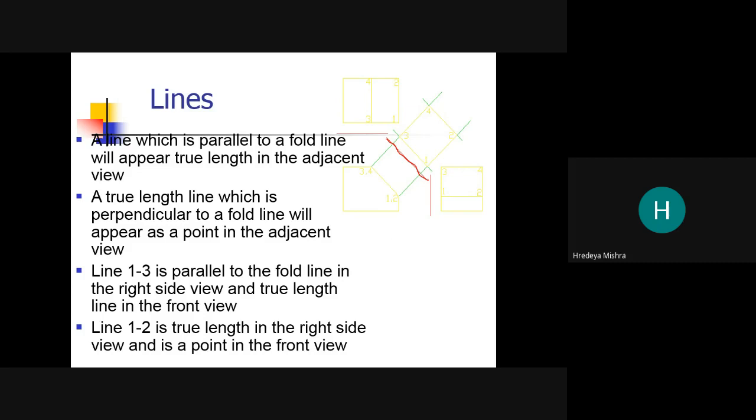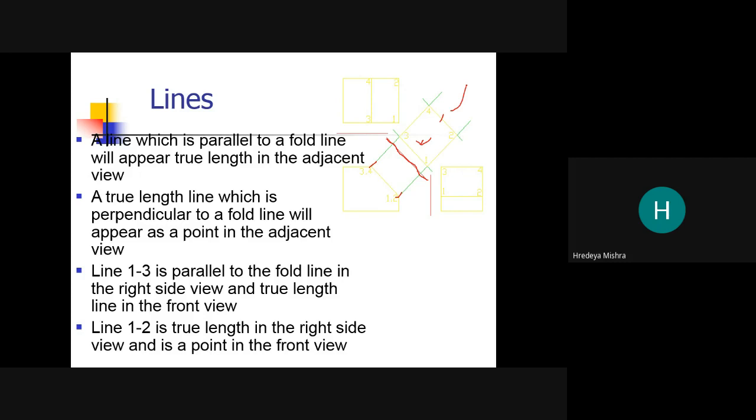So this appears as true length, meaning whatever the length is here, 3 2 or 4 1, will appear the same as presented there. A true length.